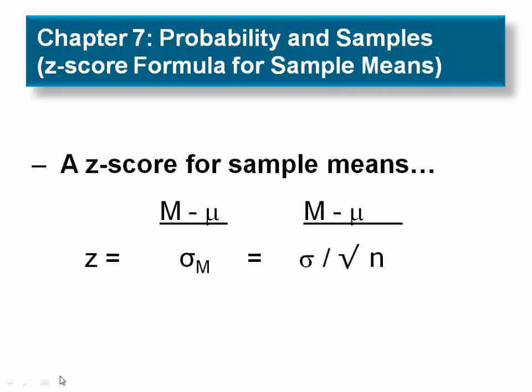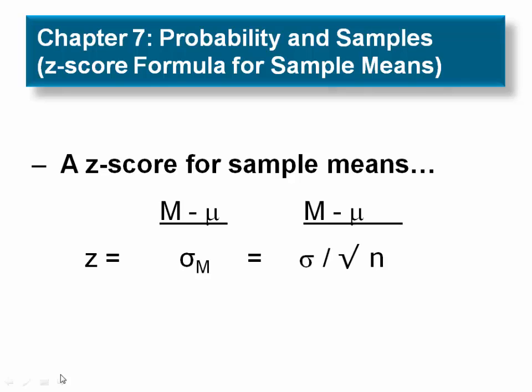With the z-score formula shown on the slide, it's possible to use a z-score to describe the position of any specific sample within the distribution of sample means. The z-score tells exactly where a specific sample is located in relation to all the other possible samples that could have been obtained. The z-score for each sample mean can be computed by using the standard z-score formula with a